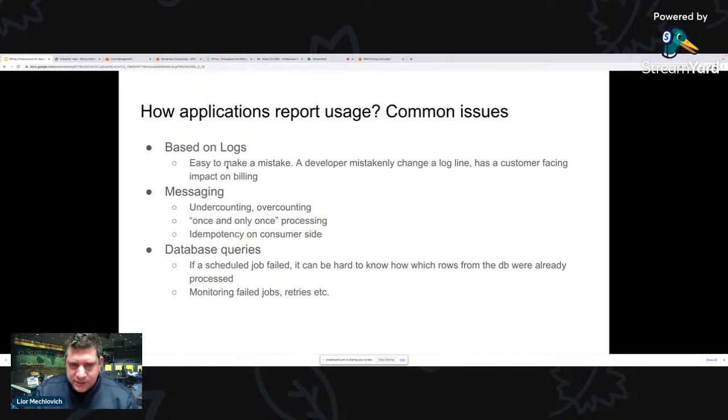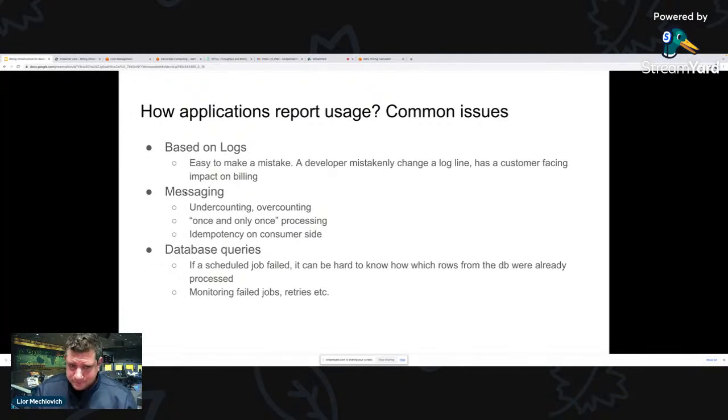If it's based on logs, it's really easy. The most horrible thing that happens is somebody changes a log line, which is unstructured, so somebody can change it very easily. Somebody changed the log4j format, and that's it. You are out of billing until the time you fix this up. So it's clear that it's not great to work like that, but it is a good start. Sometimes when people start with a POC, you just need to do something downstream. It's a valid approach.